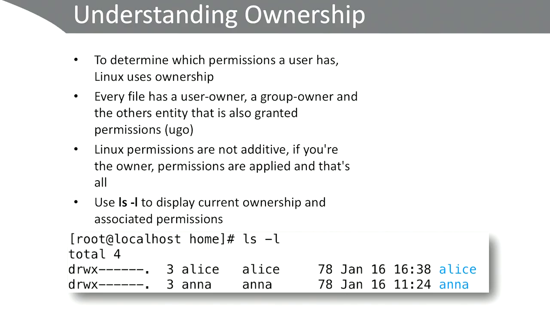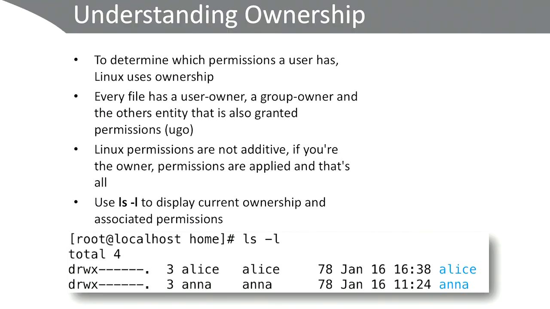We can see the directory name all the way at the end. Somewhere near the middle of the line you can see lisa lisa for directory lisa. Now what is that? That is the user owner and group owner. So the first lisa is the user, the second is the group. And near the beginning you can see the permissions that are set. The line starts with a d, that indicates that this is a directory, so that's not a permission, it's a